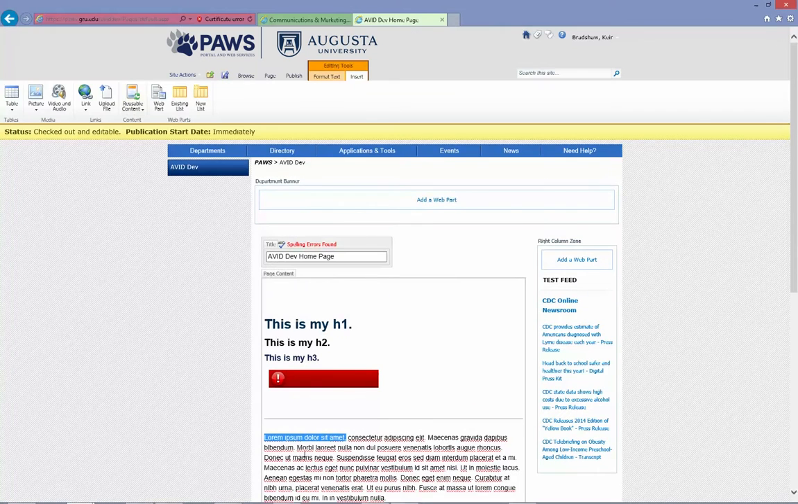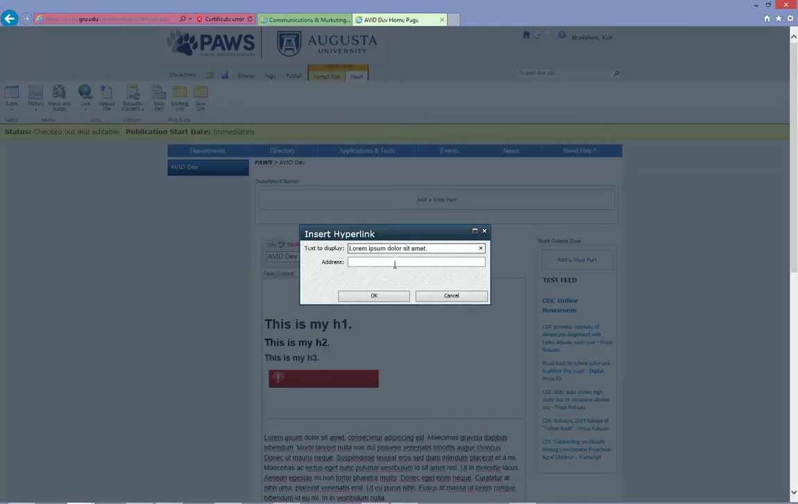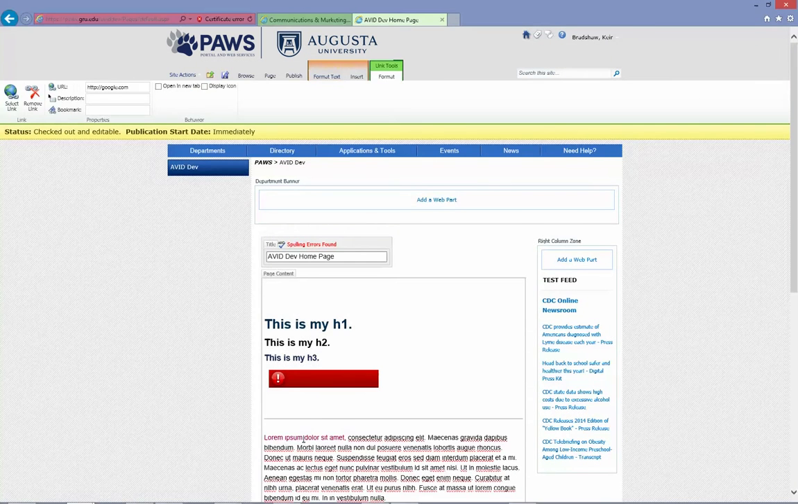Another easy function is the linking function to turn something into a hyperlink. I can simply highlight the text, choose link. I can either link to a page in SharePoint or I can link to a specific address, making sure that I add the http:// or https as needed. And when I do that, that then becomes a clickable link that will take me to that page,